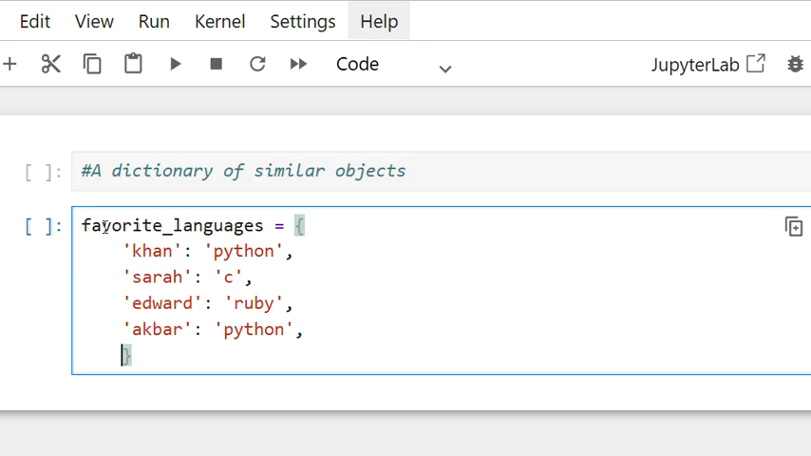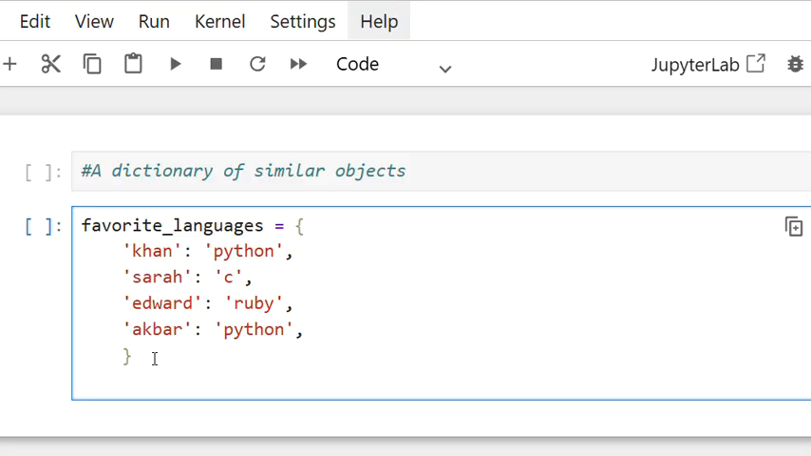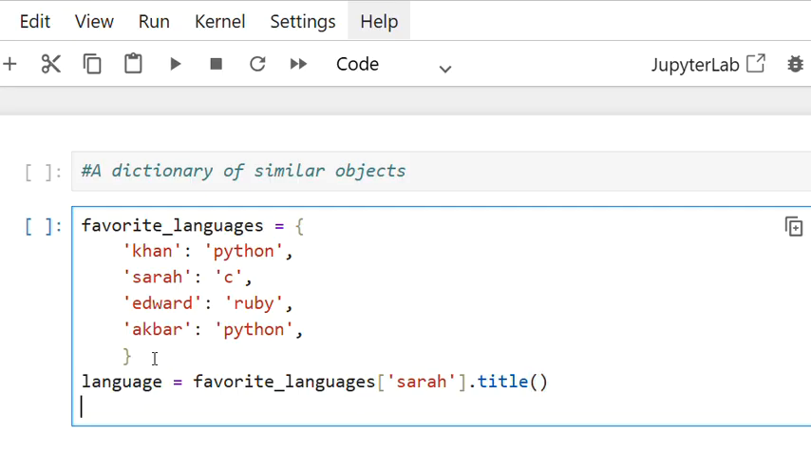Now let me just add, let's define a variable, favorite languages. Now let's talk about Sarah. And Sarah, if I want to represent it as title, I could also add it. Now let me add the print statement, f quotes, Sarah's